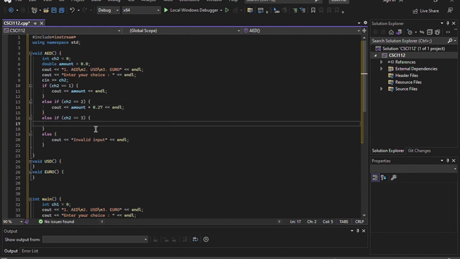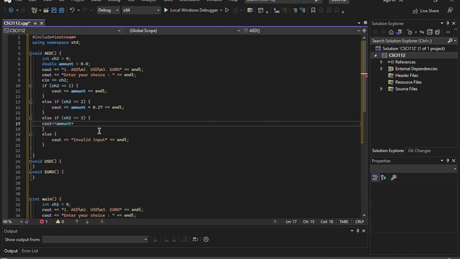I hope you got the idea. And then here in the third part, else if choice2 equals 3, we will convert from AED to euro. We know that 1 AED is equal to 0.25 euro. So we will say cout amount